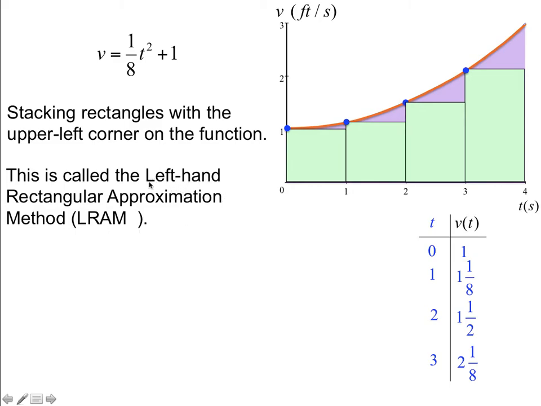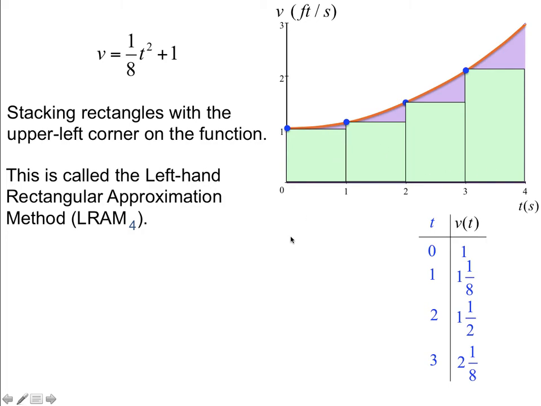So that's a lot to say. Left-handed, because the left side of the rectangle is touching the function. It's a rectangular approximation because all of these are rectangles. And so we call that a method. And to shorten this up, we call this an LRAM. And then we put a little number down here, and the number we're going to put here is a 4 because we used 4 rectangles to approximate this